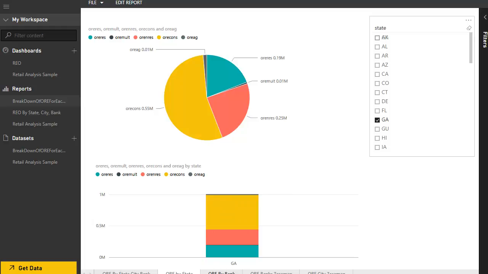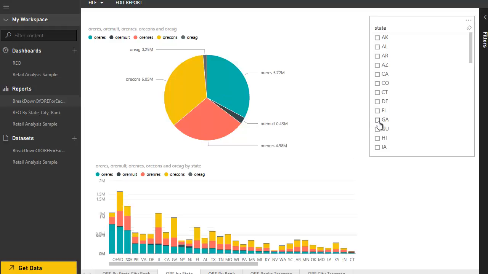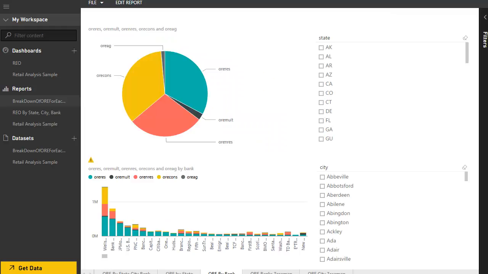But that's over state, right? That may not be that helpful. It does kind of let you know which states got the most, right? So from here you can order this and say, okay, Ohio's got the most, and then you can see the trends, which states got higher amounts and which states have not got so much REO. What might be more useful is this particular report here, okay,